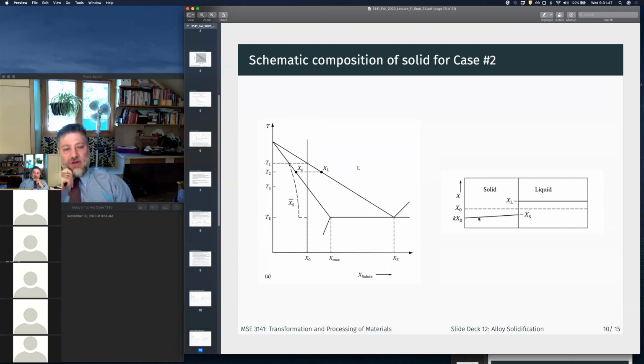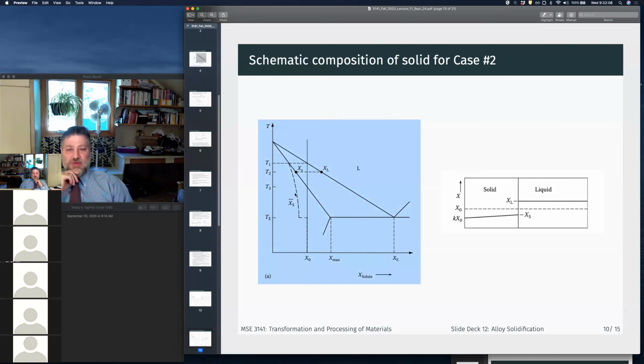And our average, so the average of kx naught and xs is going to be some line in between here. So our average composition of the solid is less than the solid that's currently freezing, right? So this is the average composition of our solid as we move down,